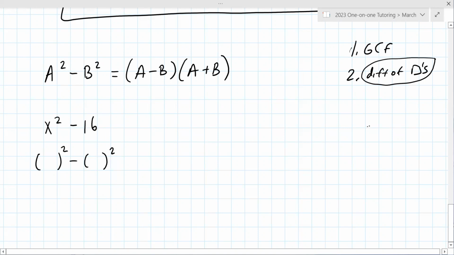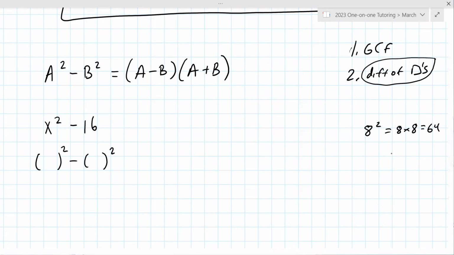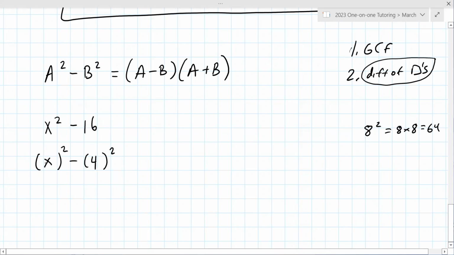Okay, so 8 squared means 8 times 8, which is 64. Oh, whoops, I thought I was adding again. That would be 4. That's 4. And that's why we were doing this, because I really want you to step through it incrementally